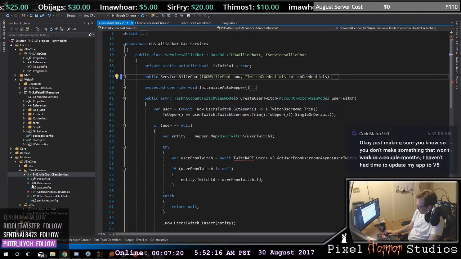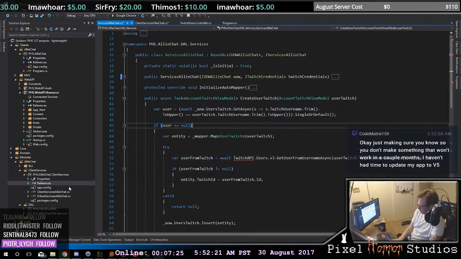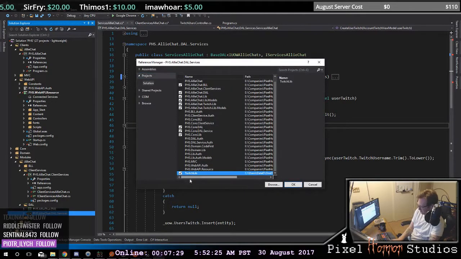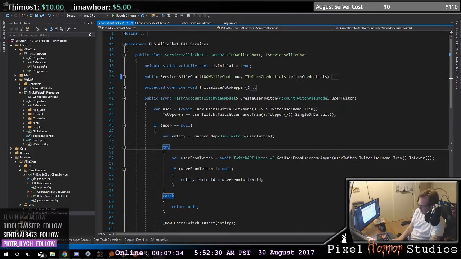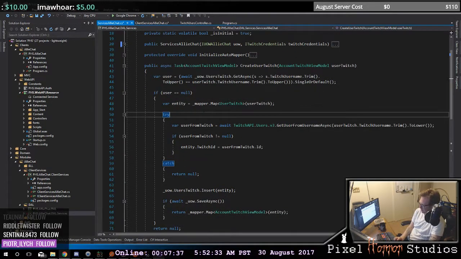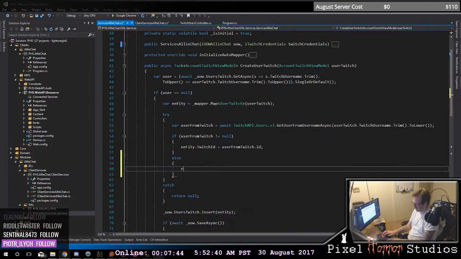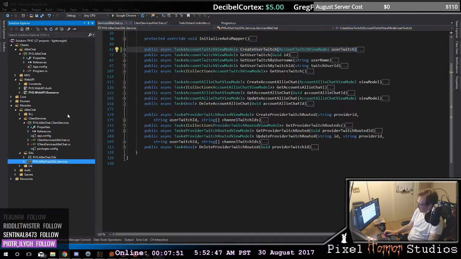So let's just change that back. Let's just take a second. I need to add in my reference to that TwitchLib, because what needs to happen here is that when I'm registering my new user, we're going to input that information and then it's going to grab the ID from Twitch. And if it doesn't have it, then we're going to return null here, because that means it's not registered, and that's fine. So let's go ahead and double check to make sure that everything is working the way that we want. I want to make sure in my IIS